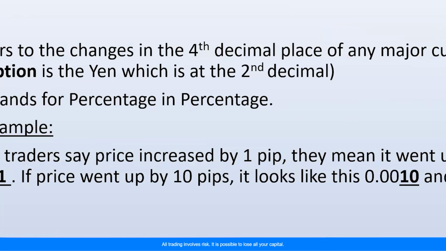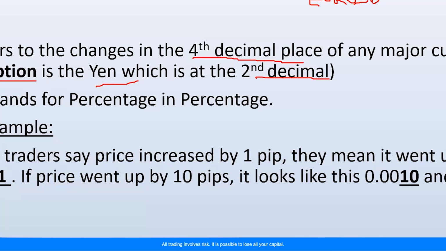It refers to the changes in the fourth decimal place of any major currency or any given currency pair, with the exception of the yen, which is quoted at the second decimal. So you can find the current price of yen somewhere around this kind of range. I can't really remember exactly. You will not have any other decimal places in comparison with, for example, USD JPY, in comparison with, for example, Euro USD, which if you pull up the bid and